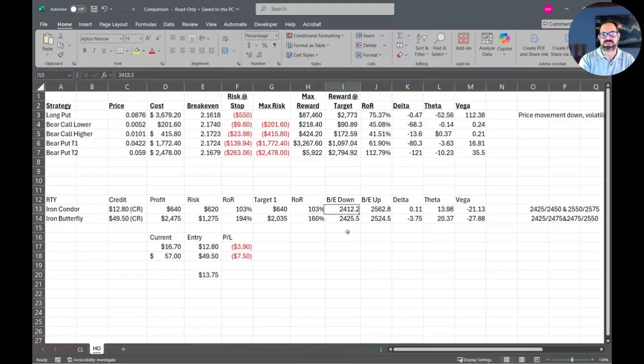And I can see my break evens to the downside. Notice the break even to the downside is higher. This is when I entered the position. Obviously, things change, the volatility changes, prices change, they adjust, and you have to adjust your stops as well. And the break even to the upside, notice how much tighter this is. Instead of having 24.12, I am 12 points higher in my break even